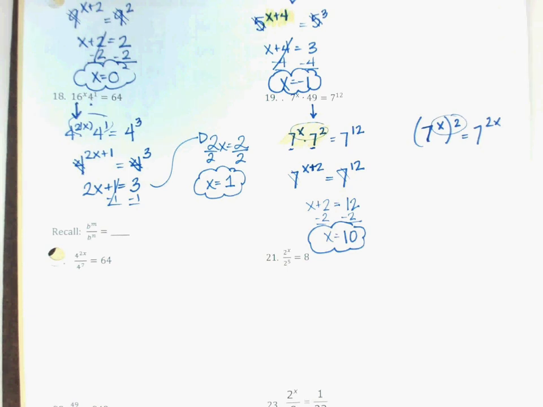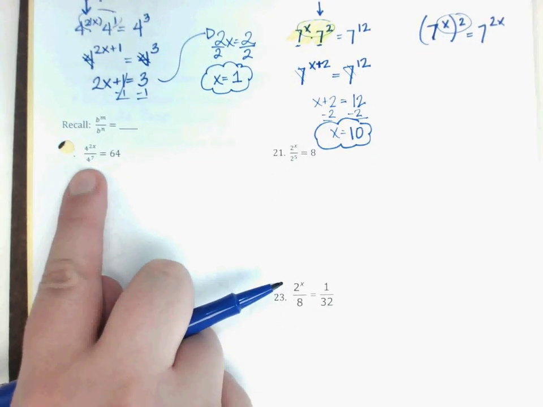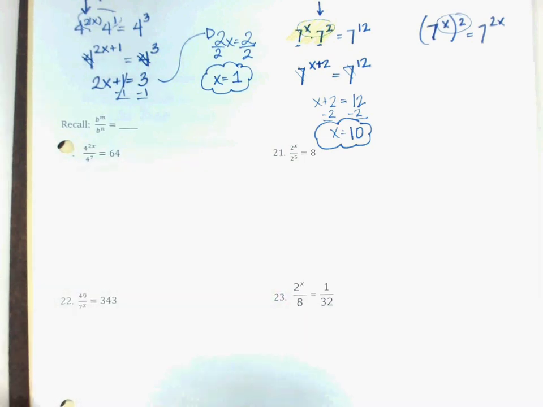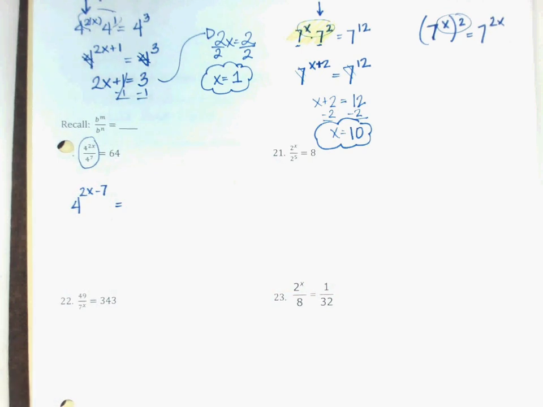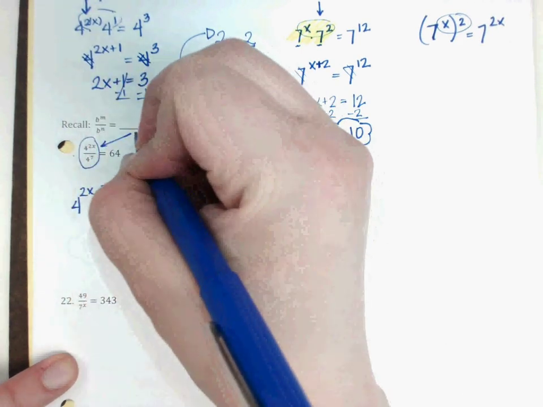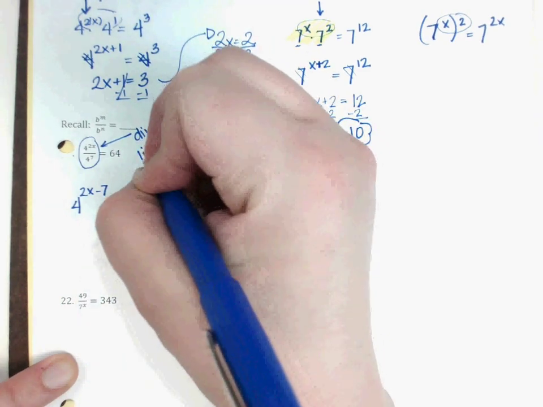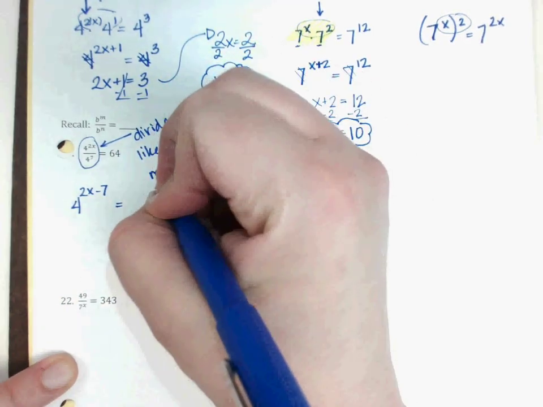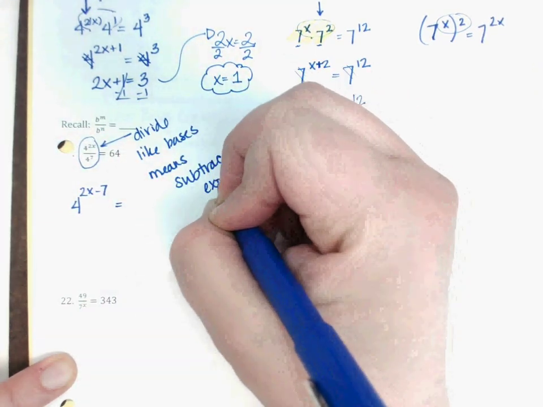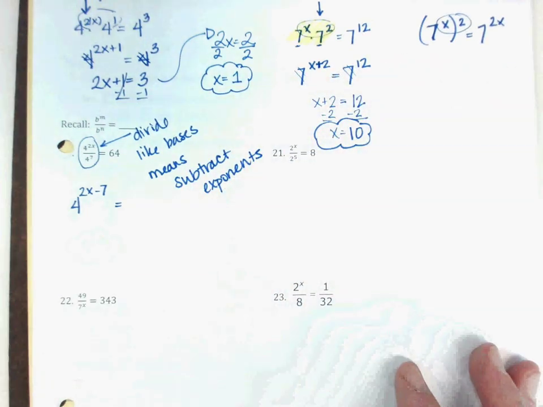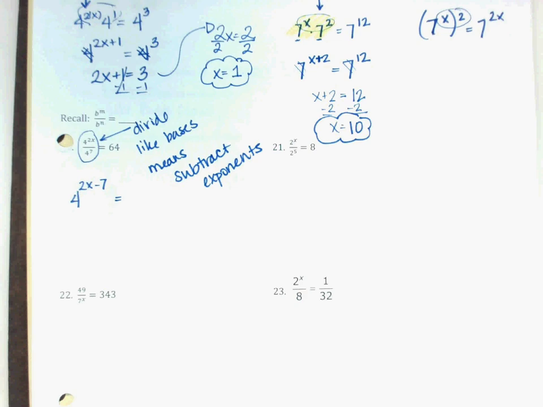Okay. Now, quick question. When I multiplied like bases, I added the exponent. What do you think you'll do when you're dividing like bases? Instead of adding, I'm just going to subtract. So for example here, 4 to the 2x over 4 to the 7 is 4 to the 2x minus 7. So I'm going to put here, divide like bases means subtract the exponents. So if I have 4 to the 2x divided by 4 to the 7, that's 4 to the